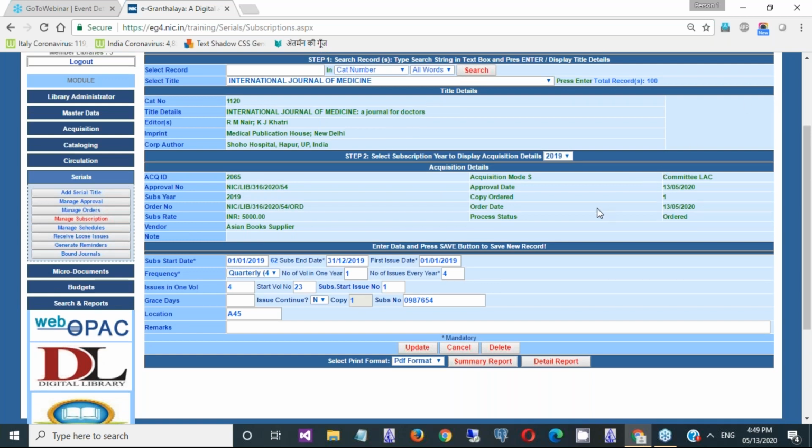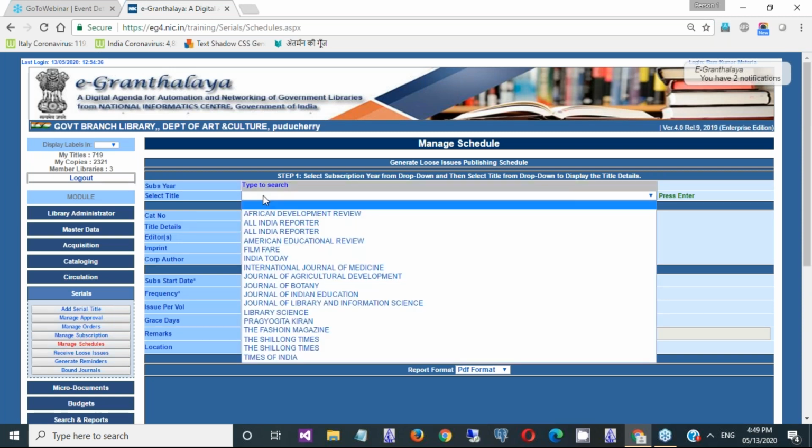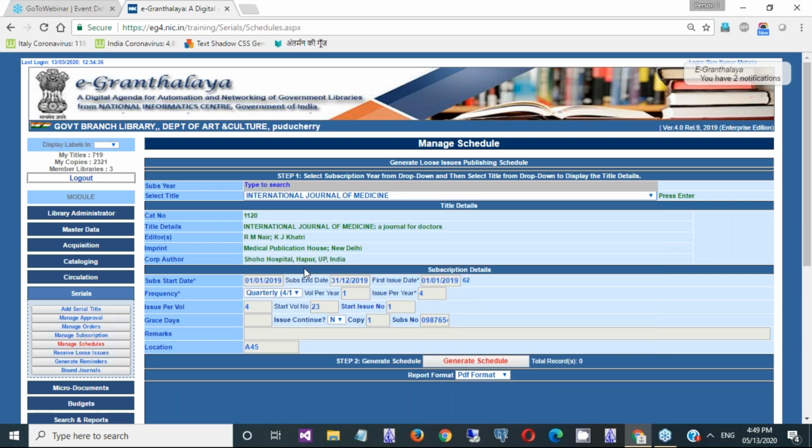Based on the data you are giving here, you can complete the manage schedule form. You go to the manage schedule form and select the year of subscription. Then select your journal, for example International Journal of Medicine.